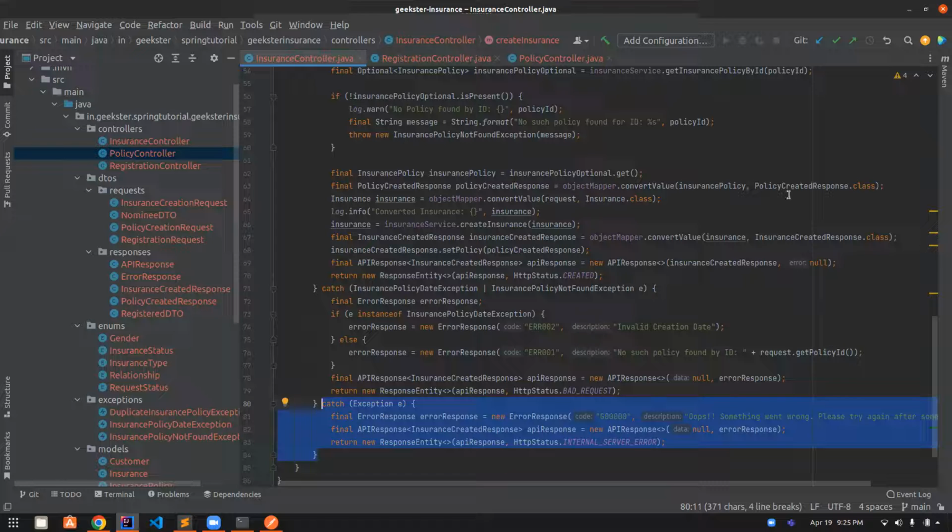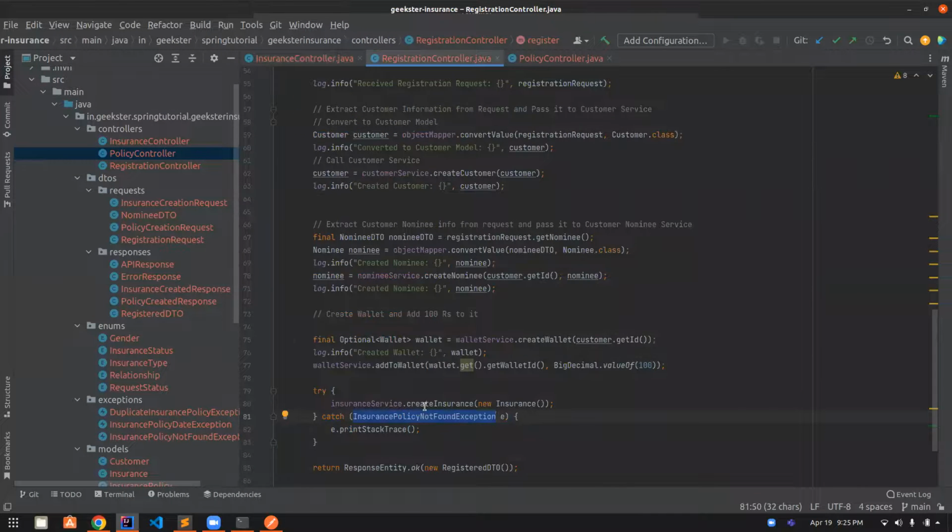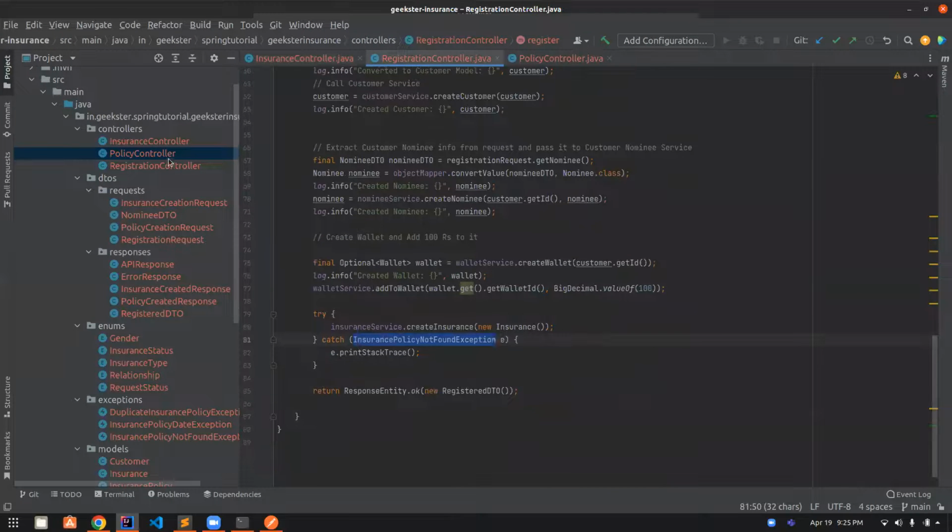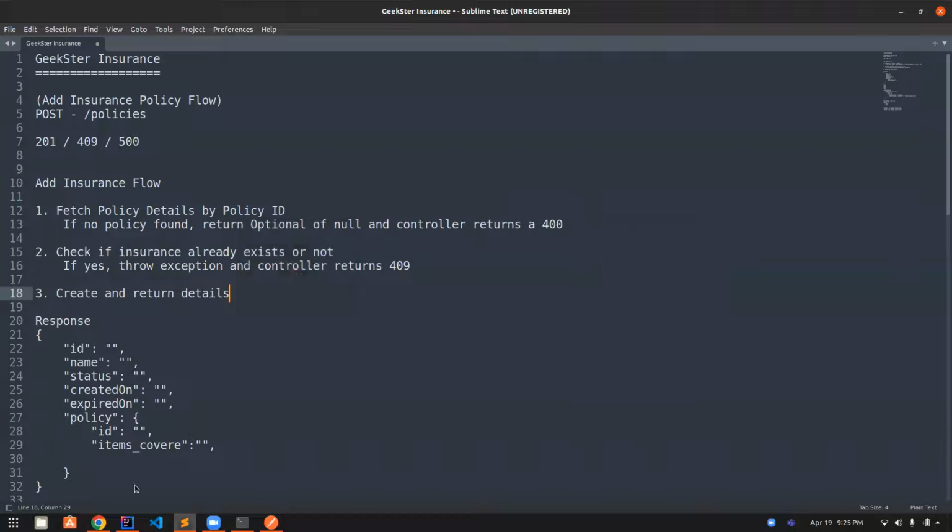So you cannot go ahead and have a try catch block in every one of the controllers. Like you cannot come to this controller and say, okay, implement this insurance policy not found exception, and then implement the same method in here as well. And then tomorrow, if you have another controller which throws the insurance policy not found exception, there also you will have to implement the same mechanism. So instead of doing this, Spring gives you a concept of,